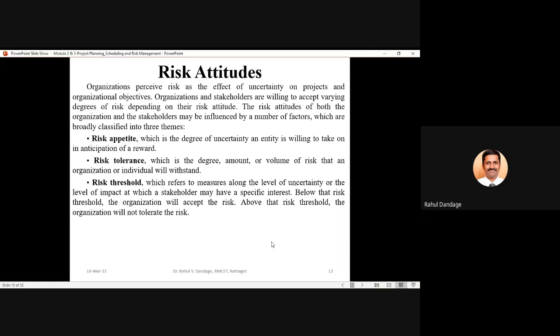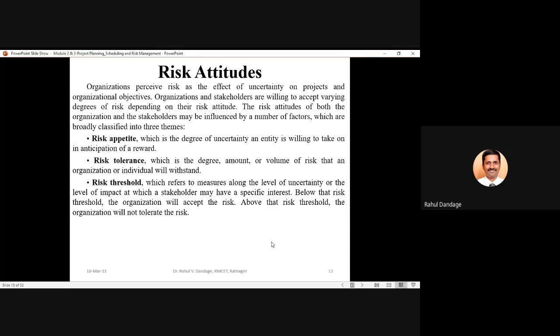Second is tolerance, that is your upper limit, the degree, amount, or volume of risk that an organization or individual will withstand. So there may be a certain level predicted as the upper limit of tolerance to the risk category, and that will be considered as risk tolerance.